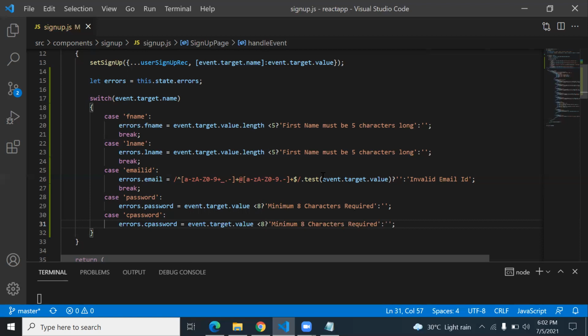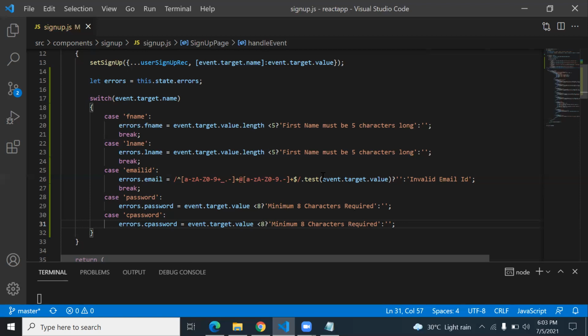Now to handle this error operation, to show the error to the user as a display, type this dot set state errors comma any error. So if it is an error, then you can validate the form data. Now you declare one error variable at the top, and then you set the error. There are two different ways to create a component: one using a function, and second using a class component.